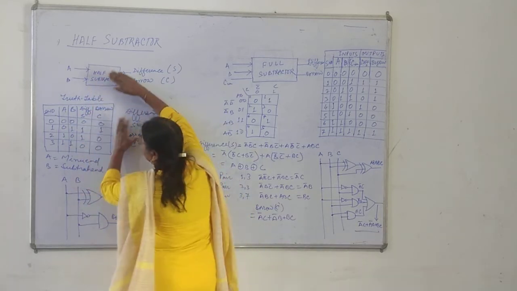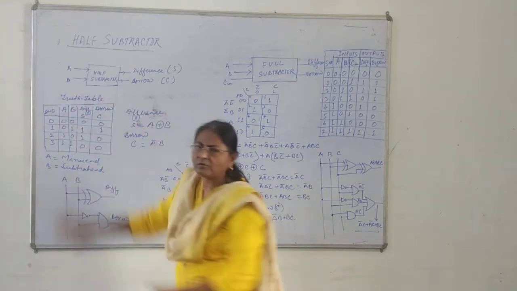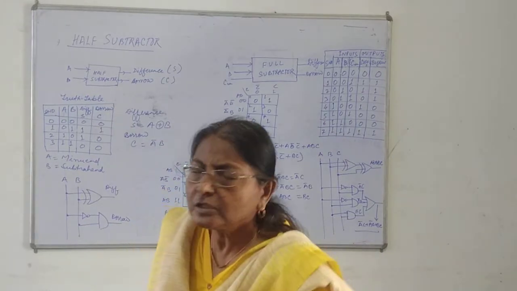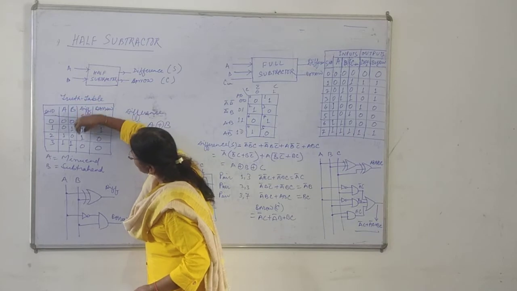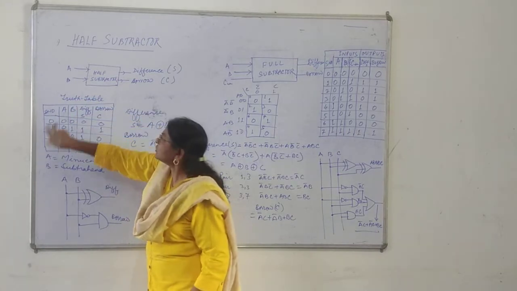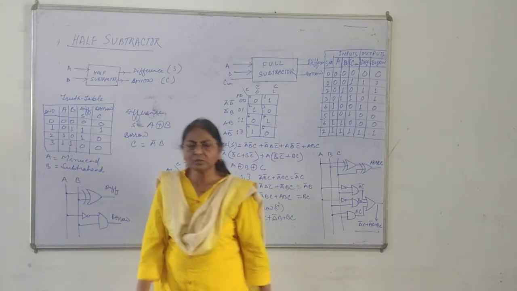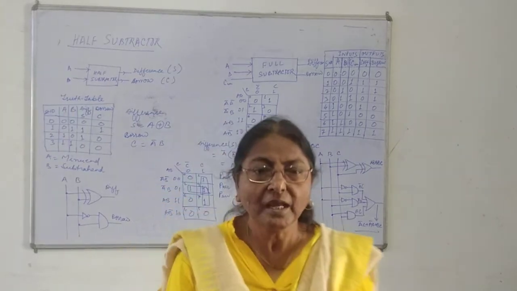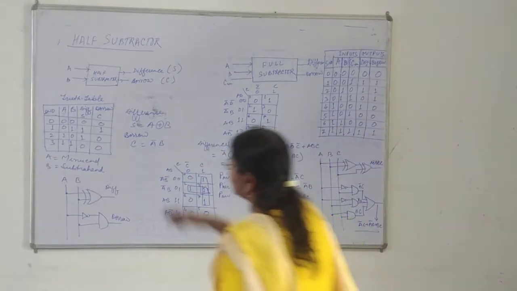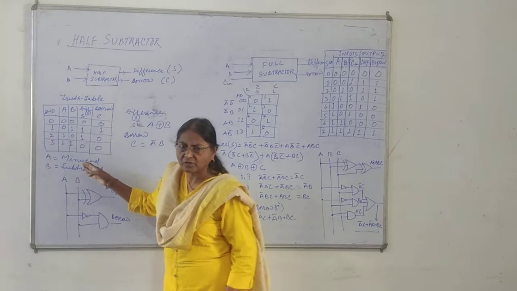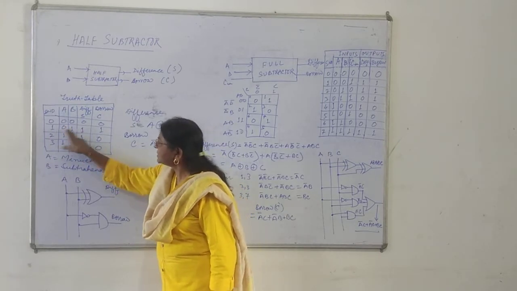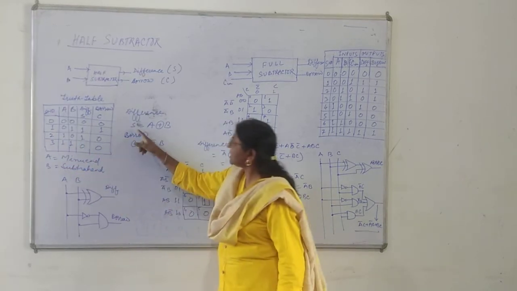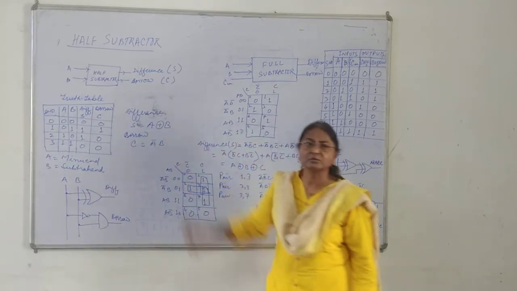If you just forgot, this is the circuit and this is the truth table of the half subtractor. You can think of it as the output of an exclusive OR gate. In the case of a 2-input exclusive OR, the output is 1 when either of the inputs is high, and we find the same condition here. We are getting 1 where either A is 1 or B is 1, so I have directly written that the difference is equal to A exclusive OR B.